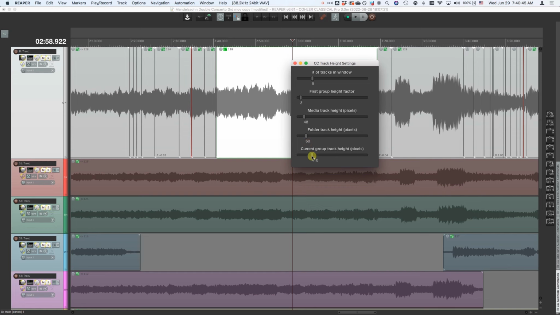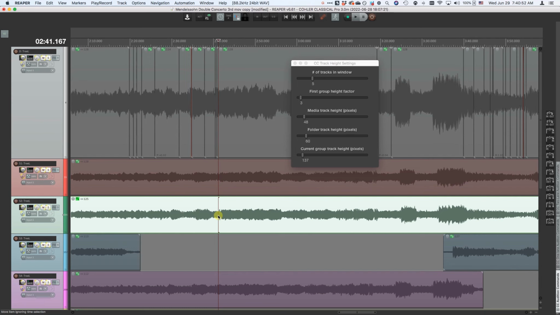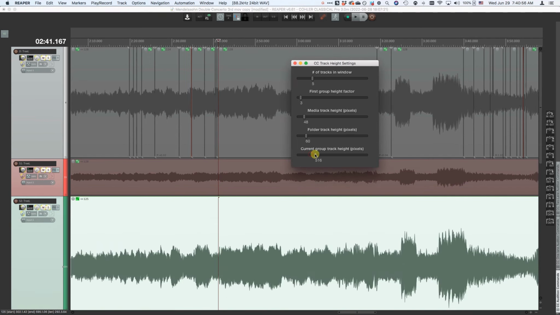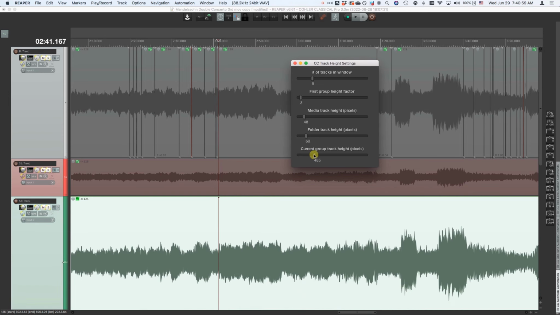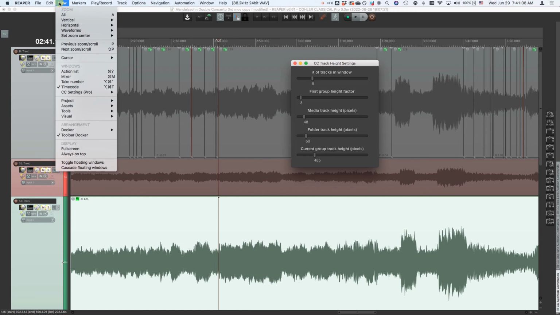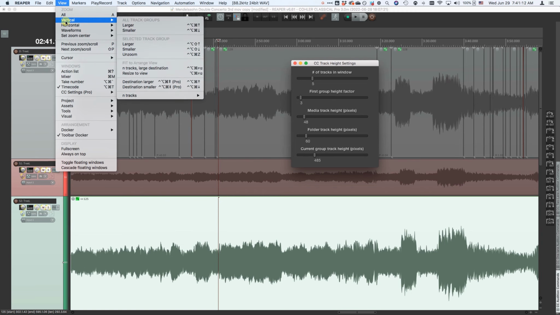And the last slider is for the current group. So let's say I'm working for a moment in source group 2 here, and for some reason I want to see this group larger. While it's selected, I just move this slider, and it makes that group larger. Now, I can always go back to the default size for the number of tracks on the screen that I have by going to my zoom view, vertical, and you go back to unzoom,